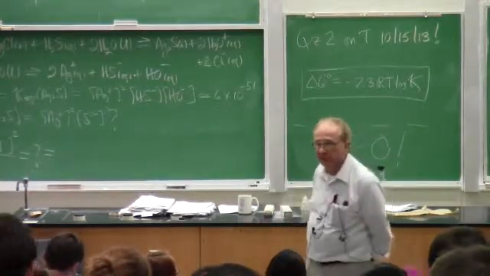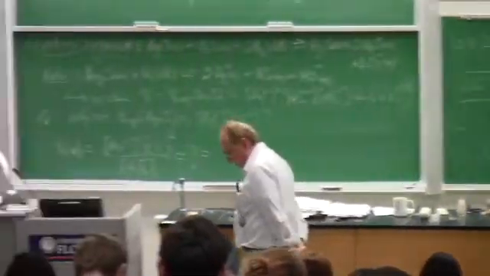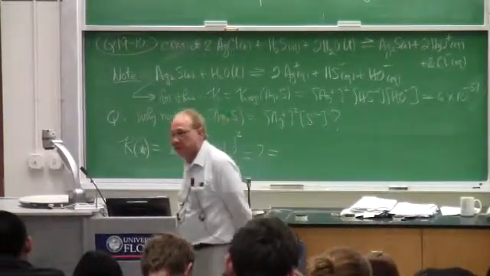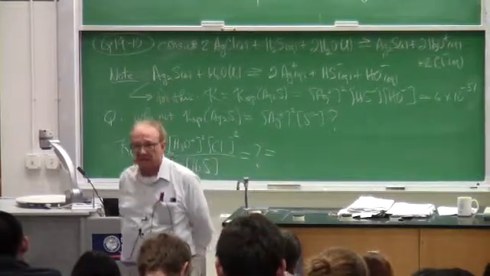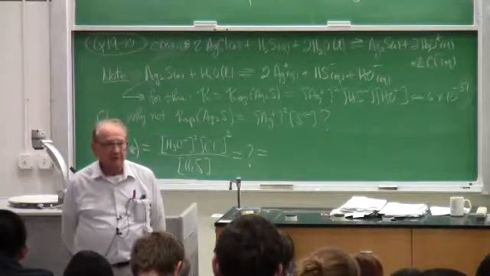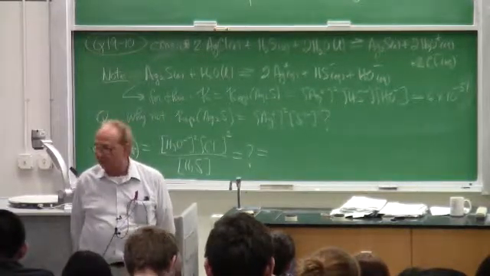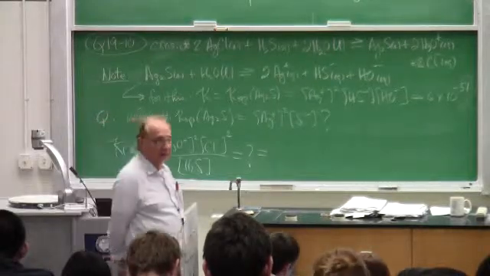Which means when silver ion and chloride ion are put into solution by dissolving silver chloride, silver ion doesn't go someplace else because of acid-base chemistry, neither does chloride ion. Now you know that for sure about chloride ion, because it's the conjugate base of a strong acid, specifically HCl. And if you didn't know that about silver ion,